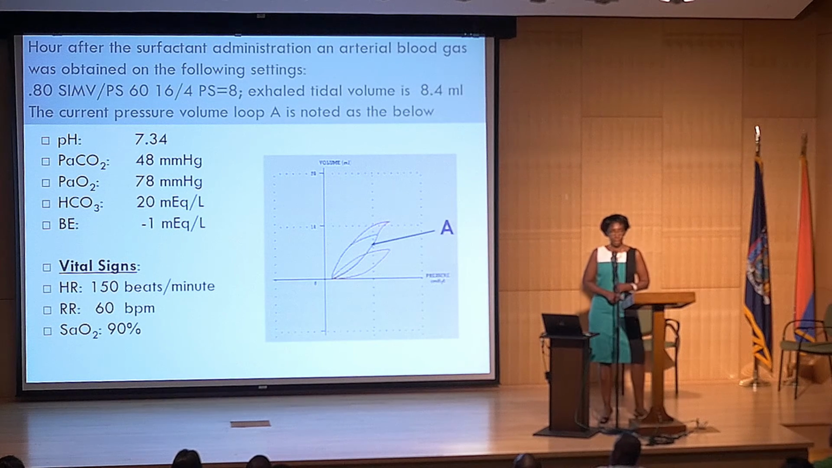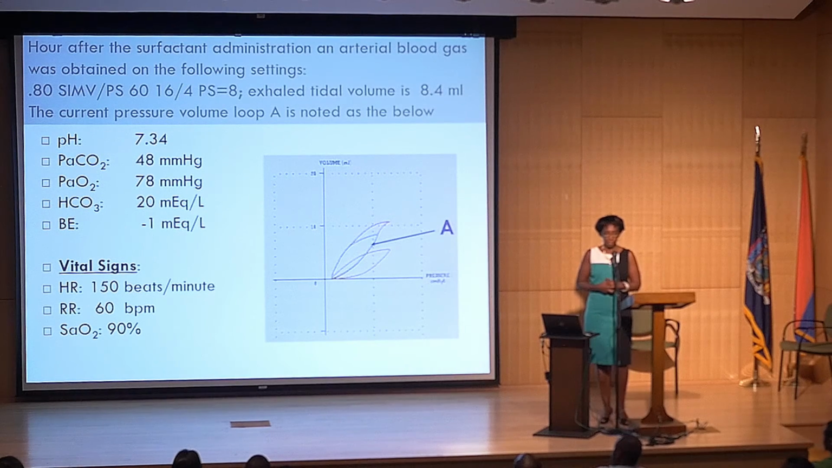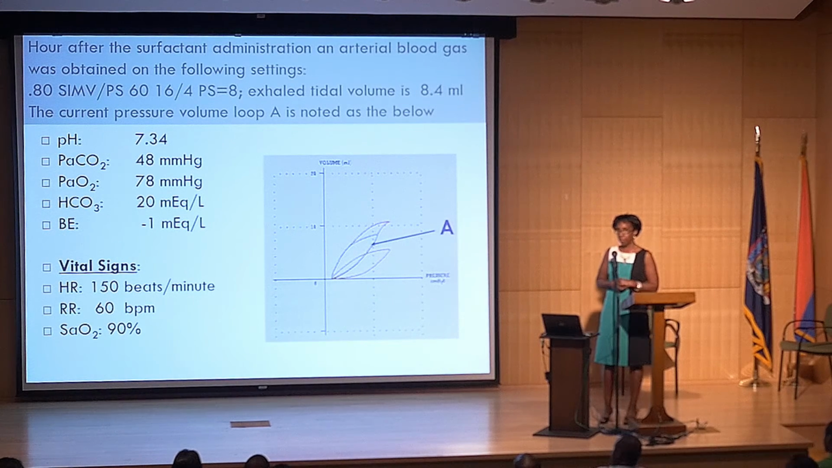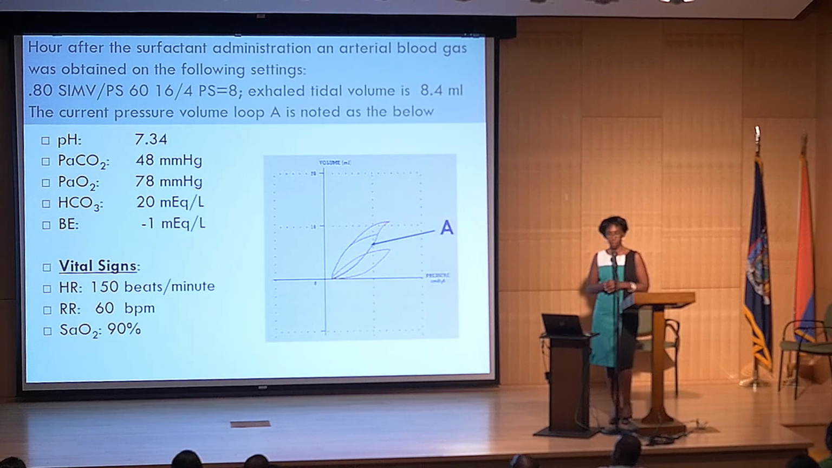So the baby was intubated, placed on a mechanical ventilator. They gave the baby some surfactant, and an arterial blood gas was done. So now the baby's on 80%, a rate of 60, a total PIP of 16/4, and there's a pressure support of 8. When it comes to pressure support, I would just say, and we could probably have a long discussion about this,